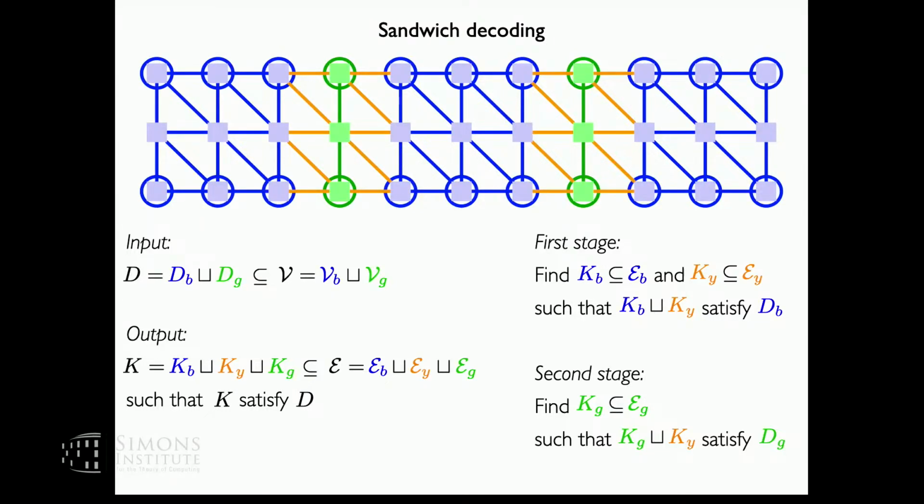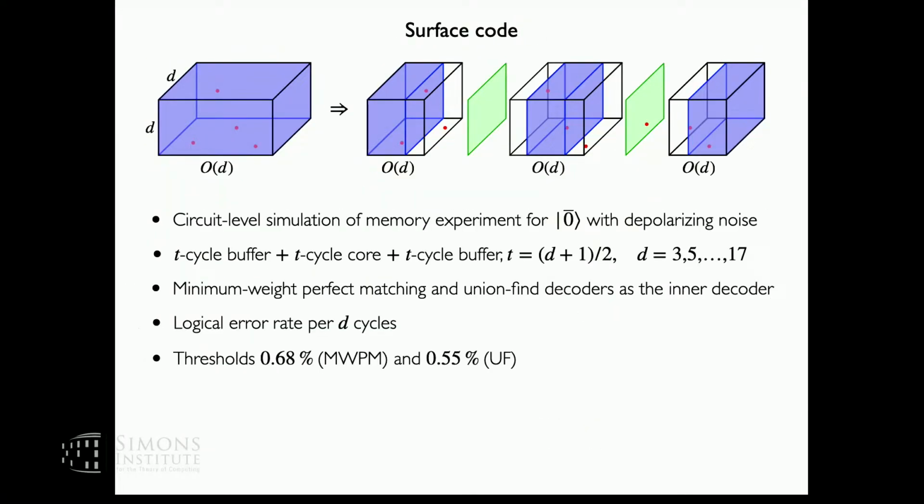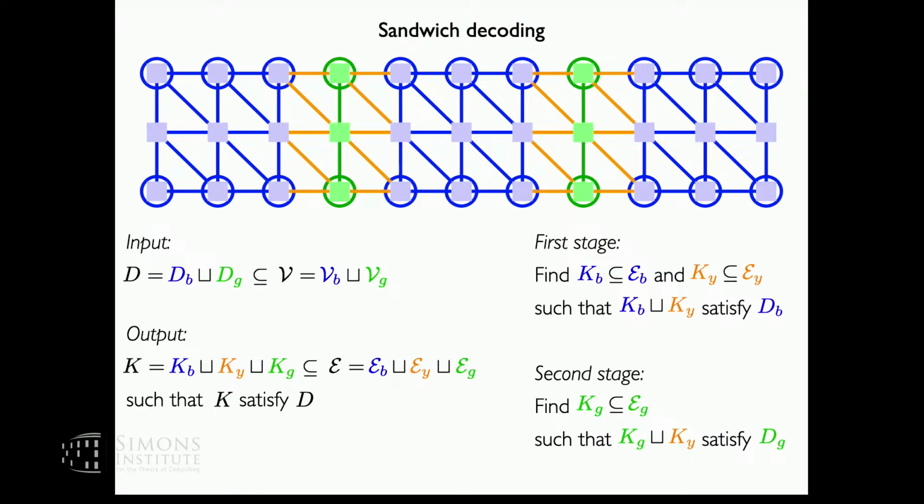For example, you don't really need to only work with repetition code. There are many codes that you can choose from. And like I said, when you are decoding each window, there are many choices of an inner decoder that you can use. You're not bound to use only minimum weight perfect matching or union-find. And there's also a lot of freedom in choosing the partitions. So we actually tested many different choices, and we can't tell which one is good or bad.